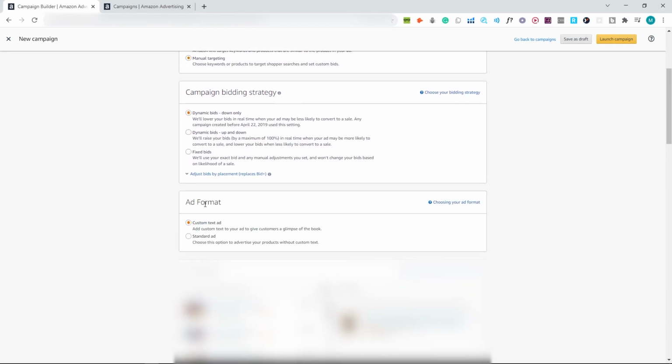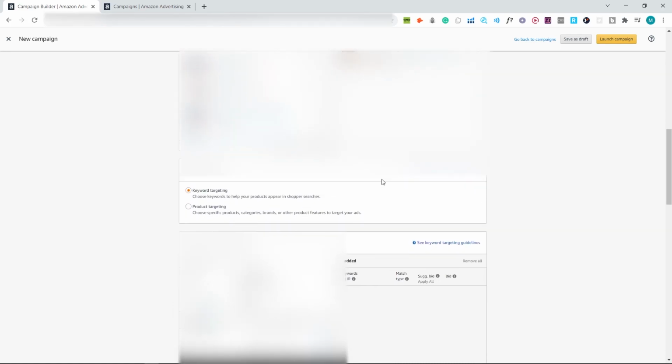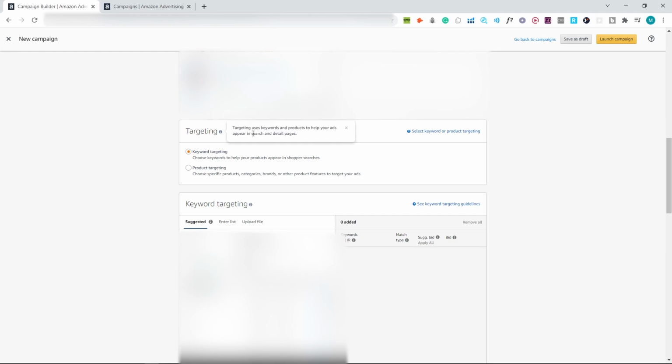Okay, now for the ad format. There's custom text ad and standard ad. I choose custom text ad, and after that, for targeting, there is keyword targeting and product targeting. They both work well, but if you're a beginner, of course, choose keyword targeting. I would recommend product targeting only if you're trying to scale your book or scale your product to get much higher sales.